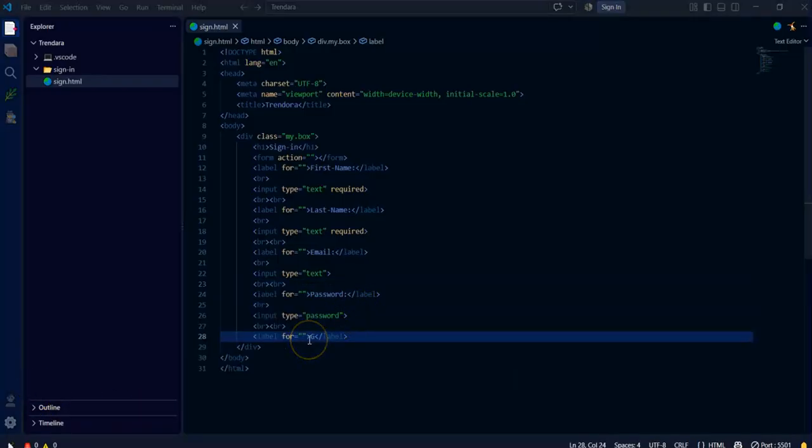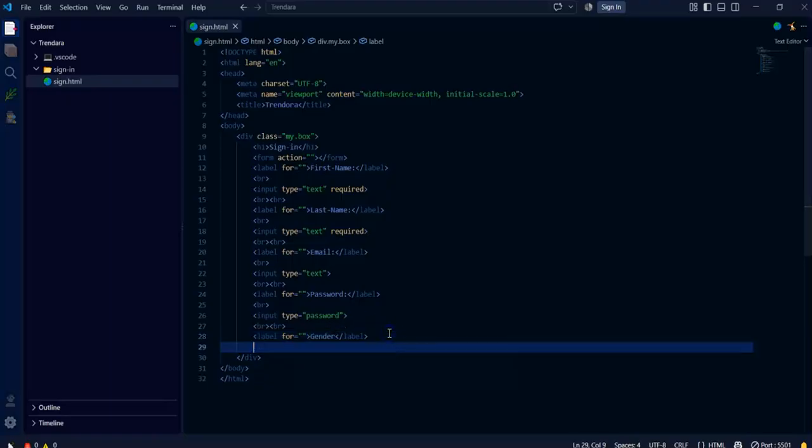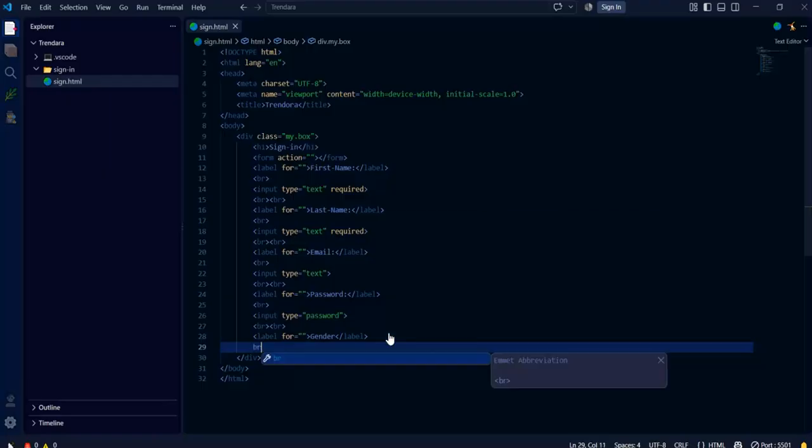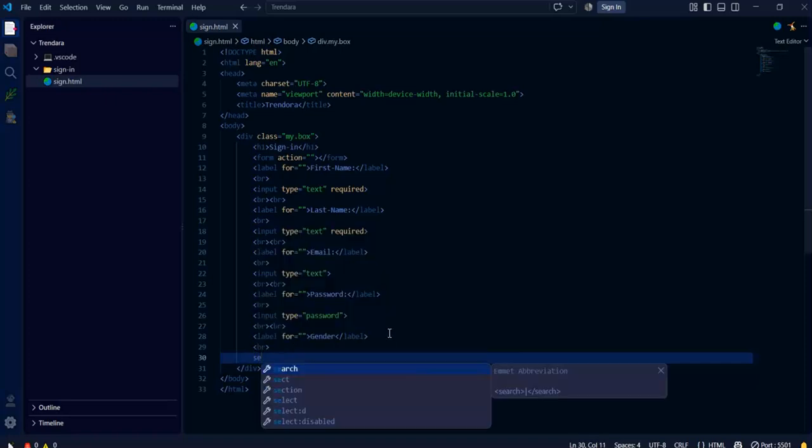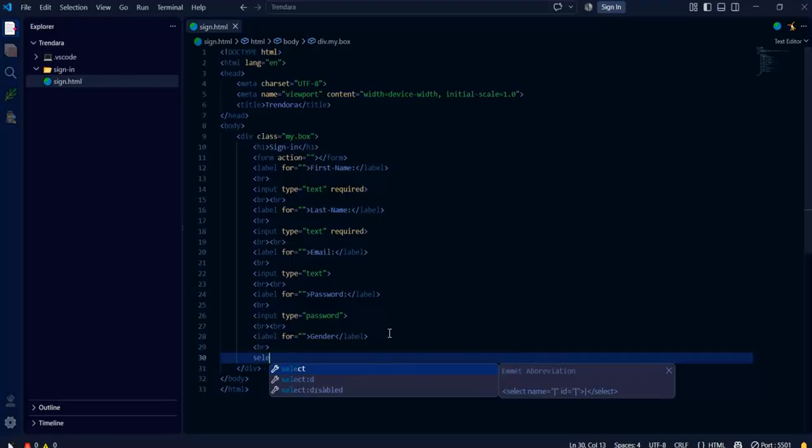So now we're putting another label for gender, but this time we're not going to put another input. We're only putting the label because we're going to do something else. Instead of writing in your gender, we're going to add a selection tag. So we're going to first put a BR to break the line, enter, and then another selection tag. So we're going to write selection,